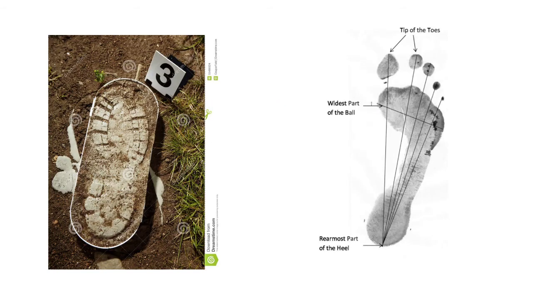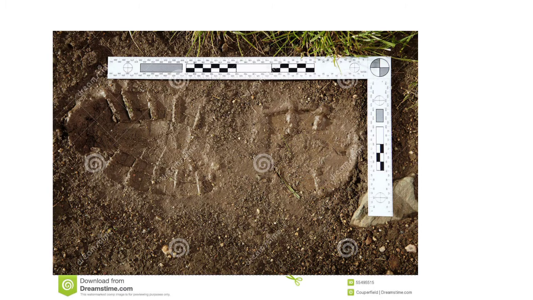So here you can see footprints. This is from a crime scene. So you can document this shoe print and the make and model. You can see these marks. These marks are called tread marks, as in tire marks. Tire marks are also called tread marks. From this make and model you can identify which company or which manufacturer made this particular type of tread mark, and what is the size.